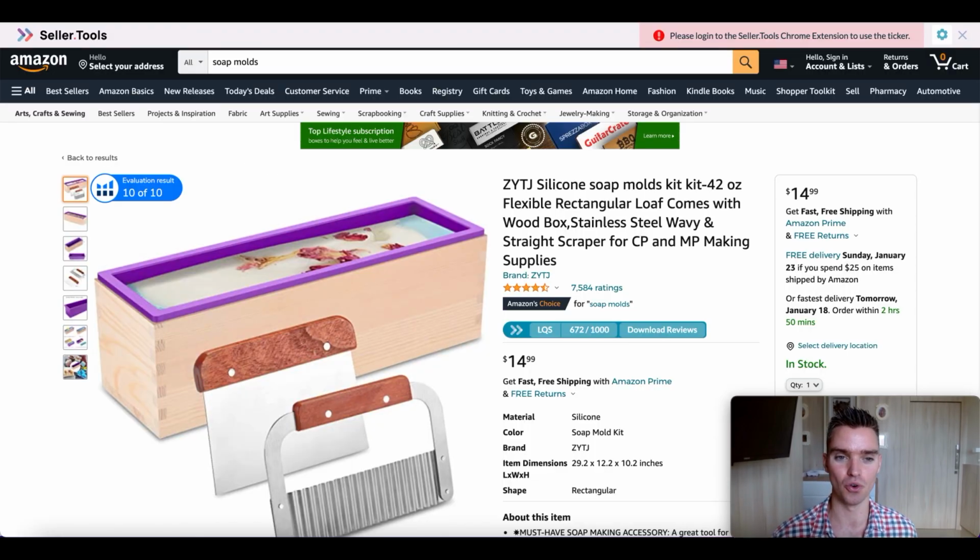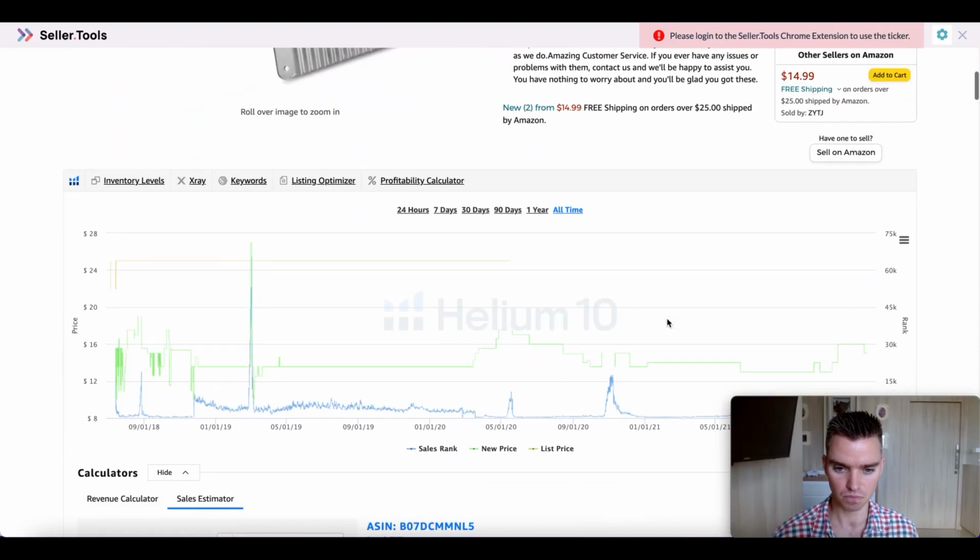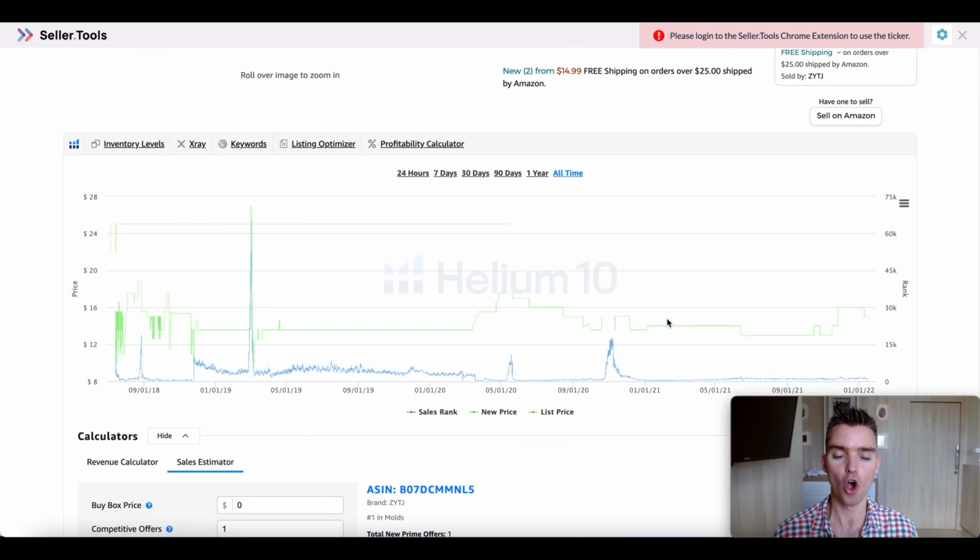So first, what we're going to do is click on any specific product. This could either be your top competitor on Amazon or your own product listing. Either way, I'm going to show you how to use this, and I use it for both my own product as well as my competitors. So once you create your free account and install the Chrome extension, go to the Amazon product detail page. And then what I'm going to show you first is, if we scroll down on this page, and you may need to give it a second to load,